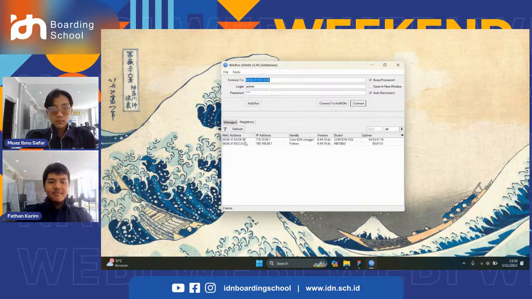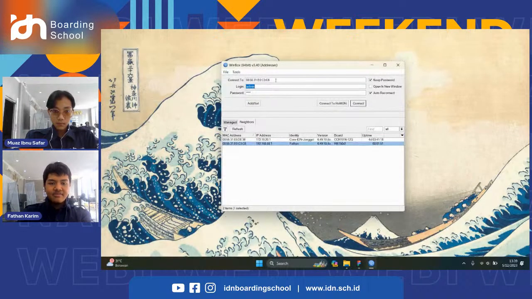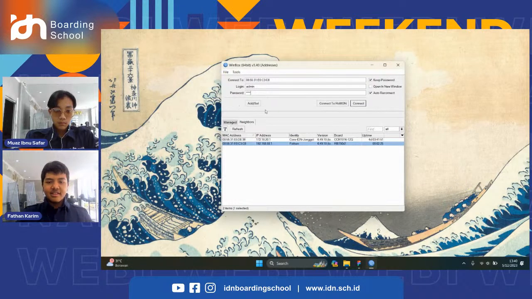If you don't want to type it, you can click Discovery like this, and the MAC address will be filled in automatically. Now, the default login is the user admin, and the password is blank, which is for a new router. Okay, now we're going to connect by pressing this Connect button.